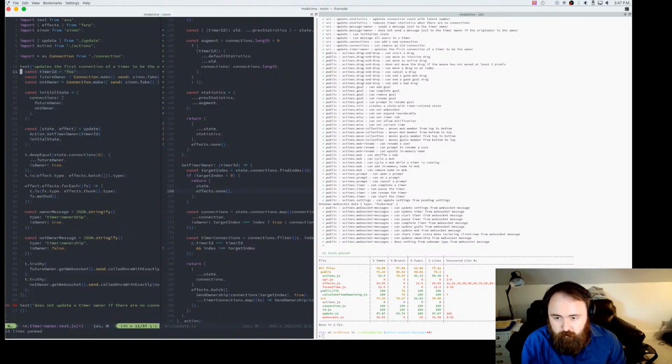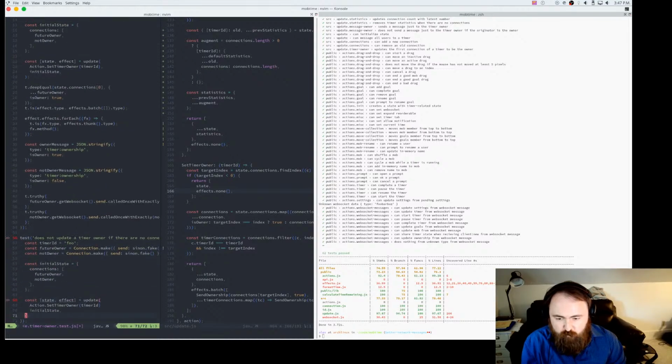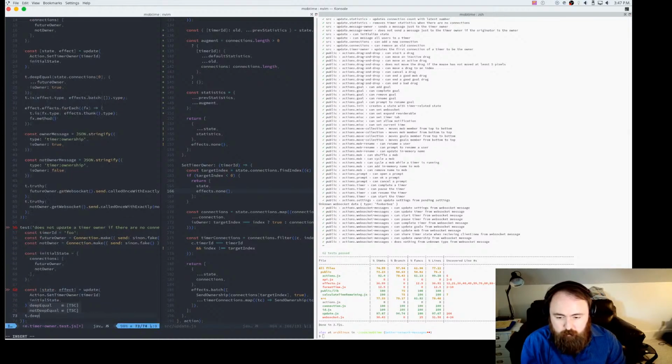I'm just going to grab most of that. And we know that effect is going to be effects.none. So that's nice and easy. And we also know T is state is going to be the same as the initial state. And we're going to pick just a different timer. So these guys are fine.